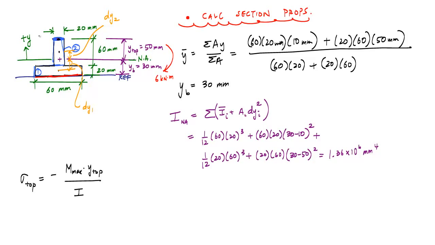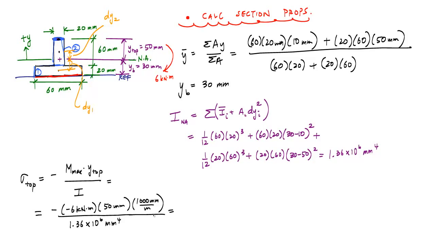When we substitute numbers, this would be minus 6 kilonewton meters times the distance to the top, which is 50 millimeters, divided by the moment of inertia, 1.36 times 10 to the 6 millimeters to the fourth. I want to convert into millimeters, so 1,000 millimeters per meter, and bam, this number is